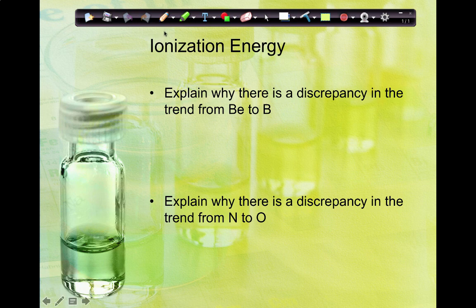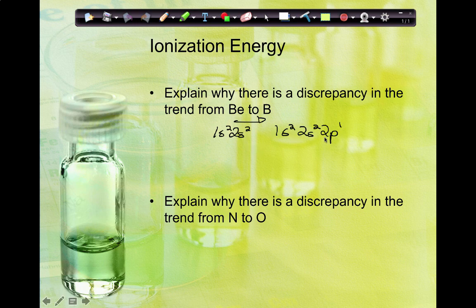All right, so there are two discrepancies in the ionization energy trend. When we move from beryllium to boron, going from left to right, I should see an increase in ionization energy. However, I don't. I actually see a small drop. That's because beryllium has the configuration 1s2, 2s2, and boron has 1s2, 2s2, and then 2p1. Well, when we remove an electron,